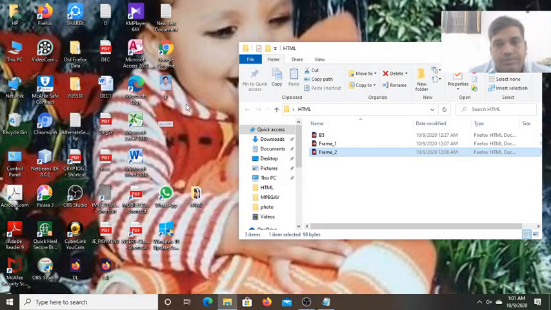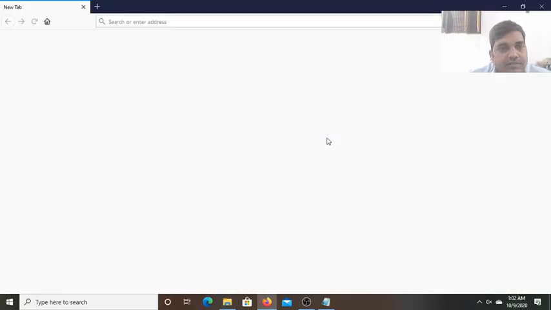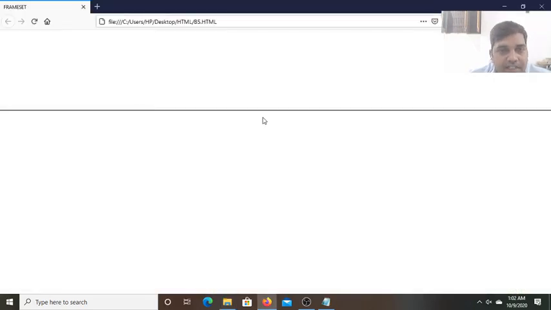Now when I execute this b5 HTML file, see, the frameset tag divided the screen into two horizontal frames. This is 30% and this is 70%. So this size we can change. But at the present time you are not seeing frame1.html and frame2.html due to the old version of this browser. So in the next class I will show you, by updating my browser,